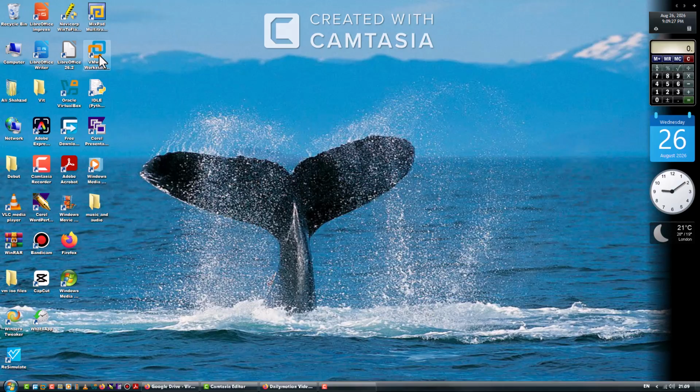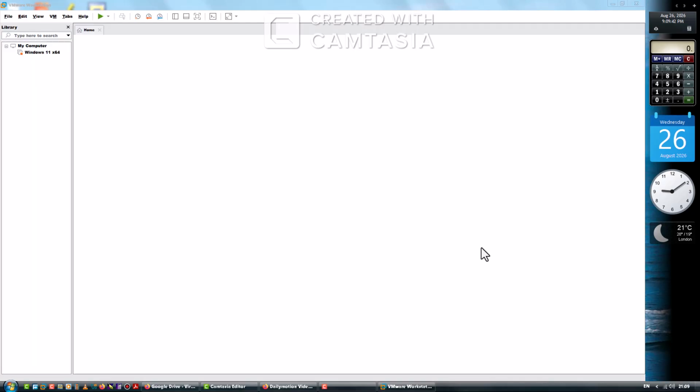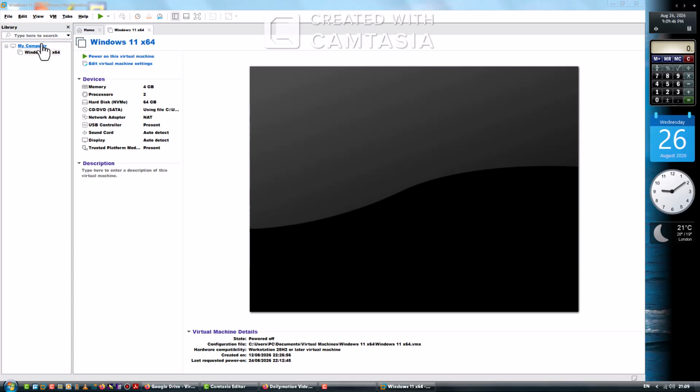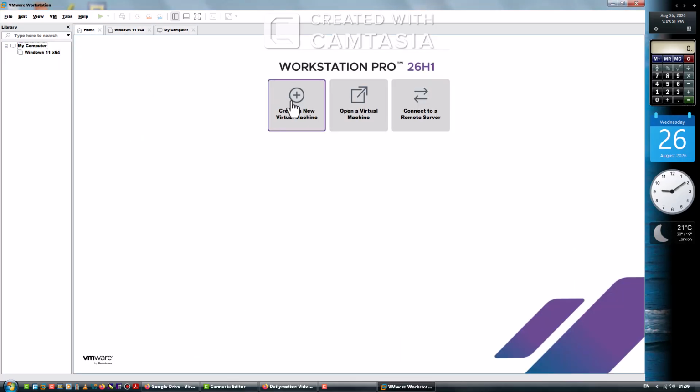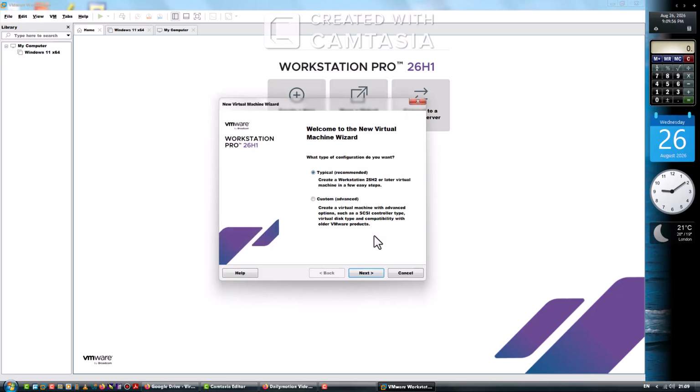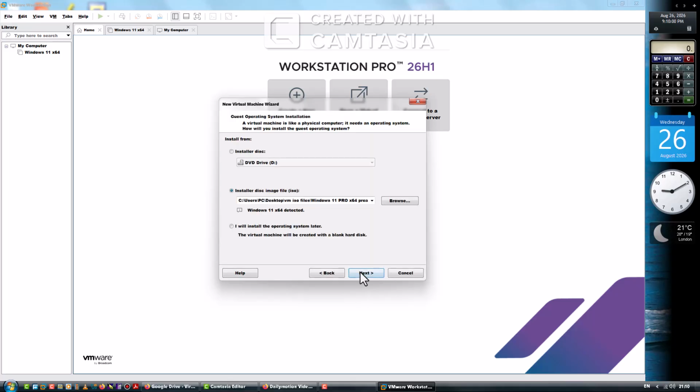Still, I would be moving on to installing it onto VMware Workstation. First, I'll open VMware Workstation Pro, and what we have next. Go to home, then I'll click on create a new virtual machine. Also typical recommended. Next,